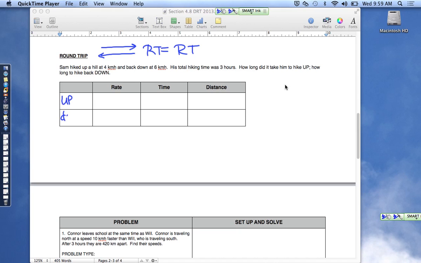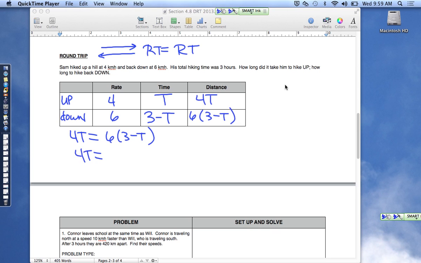So I've got up and I've got down. His rate going up was 4, his rate coming down was 6. His total hiking time was 3 hours. So up and back, a total of 3 hours. If I let up be represented by the variable t for time, then 3 hours minus t would represent how long it would take him to climb back down the mountain. And then filling in your last column, taking the two expressions, setting them equal to each other, solving this for t,